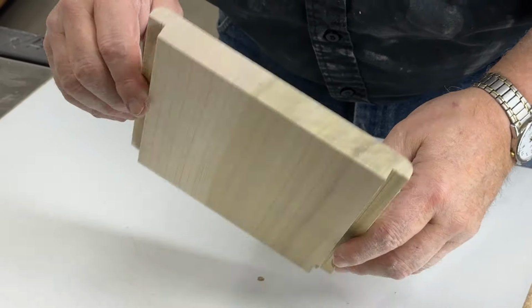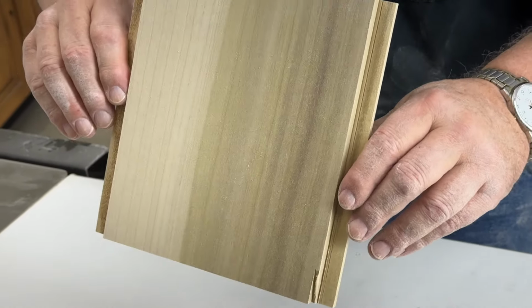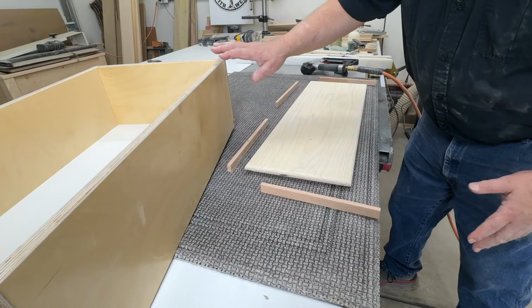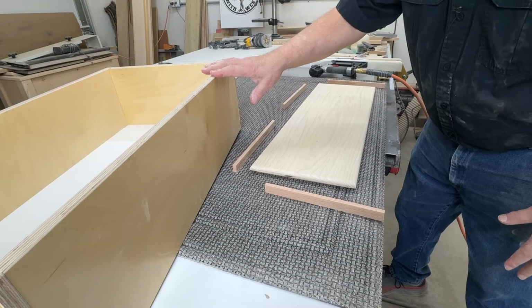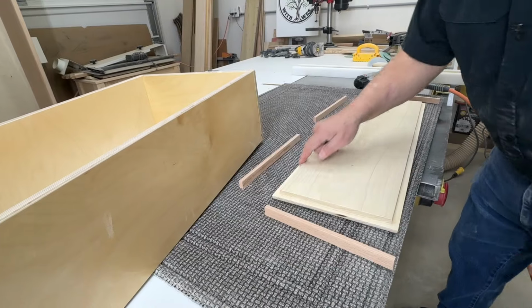All right, let's get ready to put a drawer face on. I'll show you how to take the measurements and how I will space my drawers. We're getting all set up now to put our drawer face on our drawer. This is our drawer face. Turn it over. We see our 3/8 lip that we have